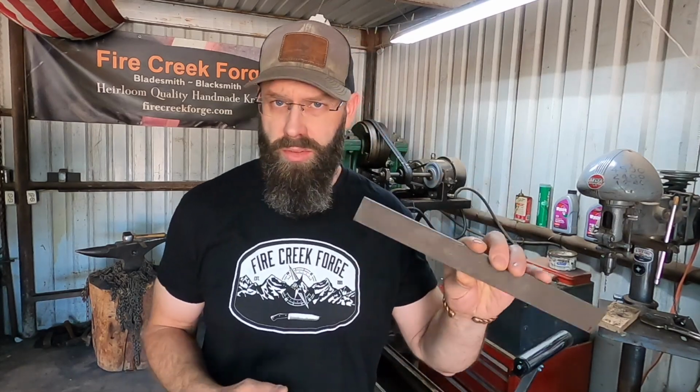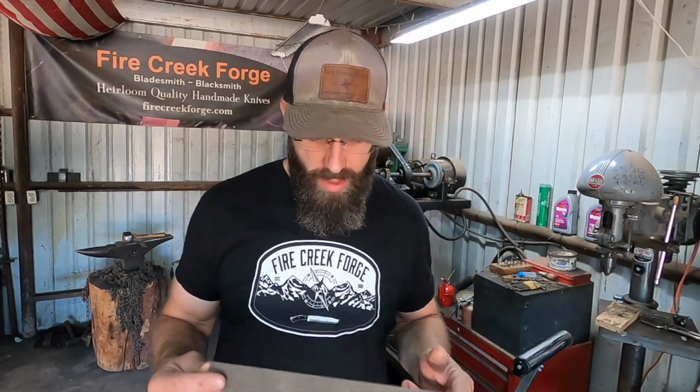When I was at Blade Show a little bit ago, I picked up a piece of MagnaCut steel from the folks at New Jersey Steel Baron at their booth there at the show. This cost about 30 bucks, I believe, on their store. And we're gonna test it out. We're gonna make a couple of knives from it. But I'm gonna do a little bit of explanation on the front end in this video. Don't go anywhere. I'm gonna put a piece of this in the forge and we're gonna make a couple of